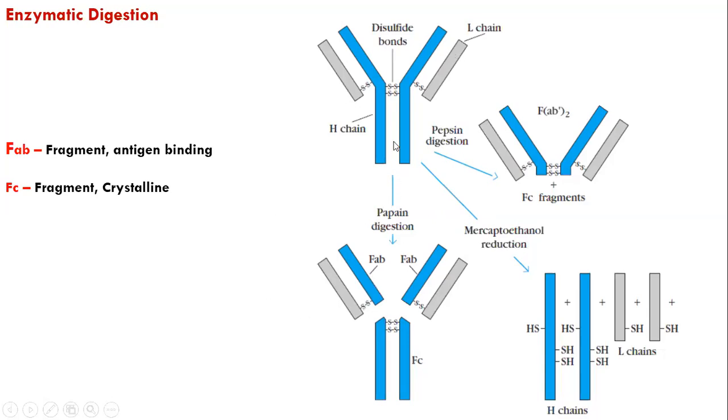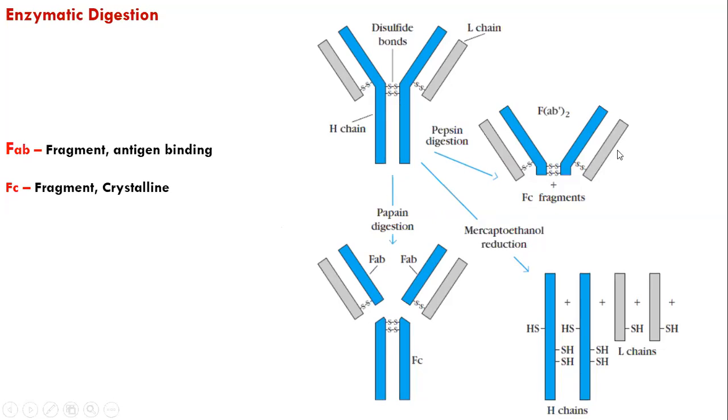So when they did that, they could see that papain broke in the hinge. They consist of 1 unit and 2 units. They call these units the antigen binding unit. Again, new terminology. Remember that we keep calling constant, heavy chain, light chain, constant, variable, FAB, FC. You should keep this terminology distinct because it correlates with the functionality you are talking about. So basically, if you talk about light and heavy chain, you're talking about conformation and amino acid sequences. This is the antigen binding site, so no need to work on it too much, but remember that.